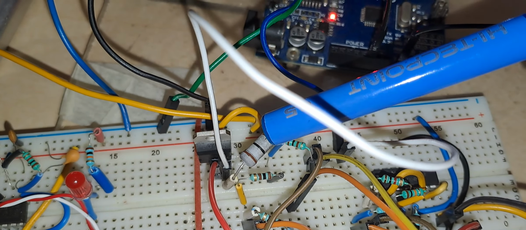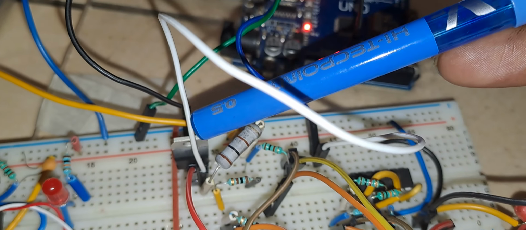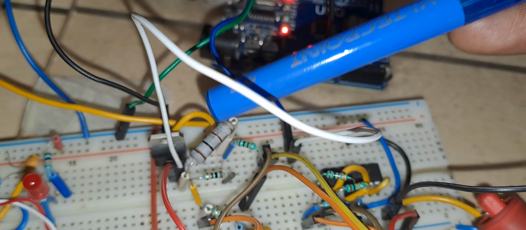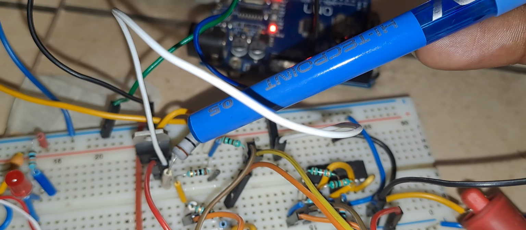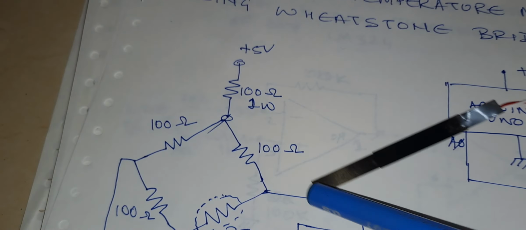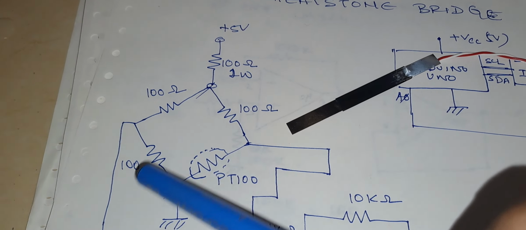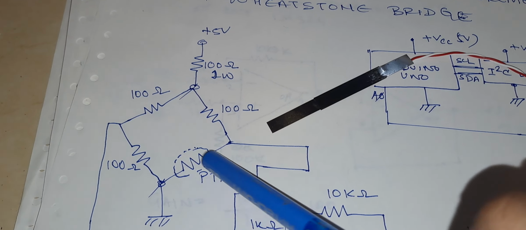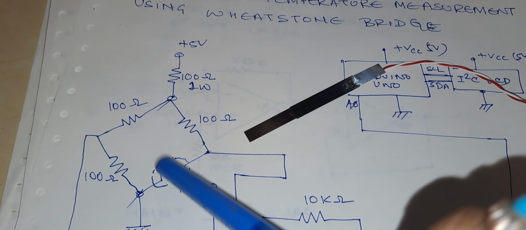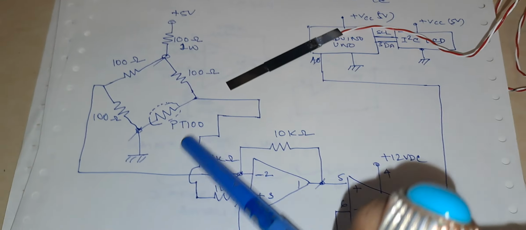So this resistance is used to drop the voltage. This is the 7805 regulator, the plus 5 volts regulator from 12 volts. So the output of the regulator I am dropping with this resistance 100 ohms and I am feeding to the bridge. So as you can see here, when I am feeding to the bridge, now the voltage here is 2.5 volts, here is 0. So whenever there is a temperature change, whenever I am heating or cooling this PT100, the bridge unbalance will occur and the voltage will be fed to the